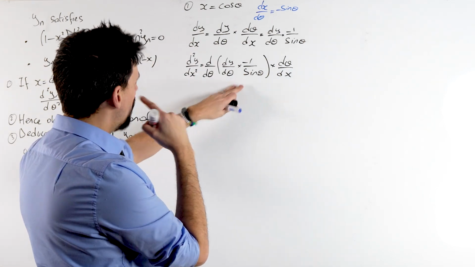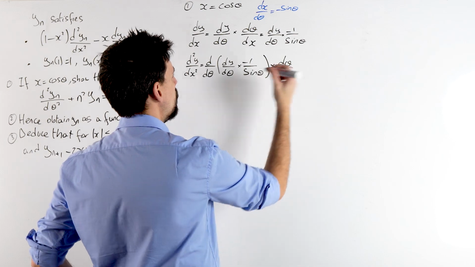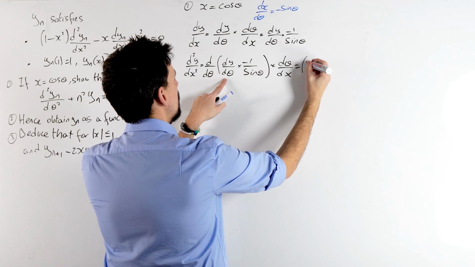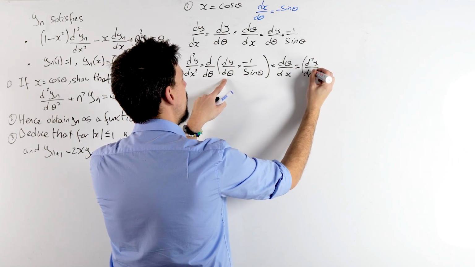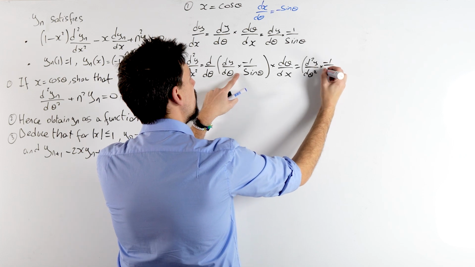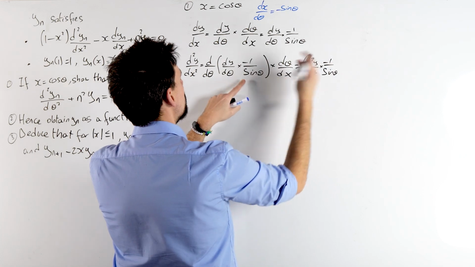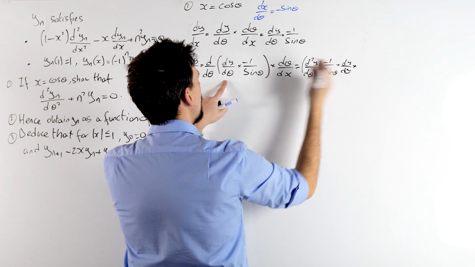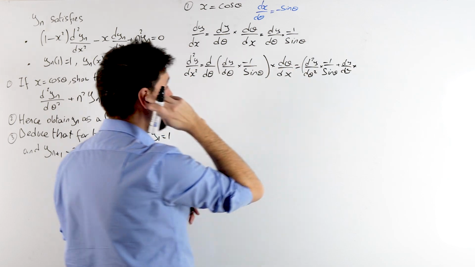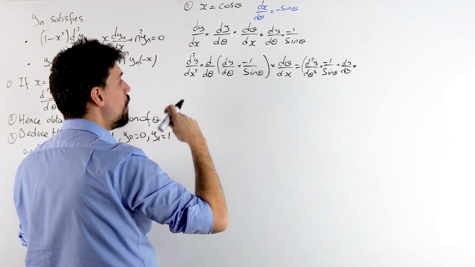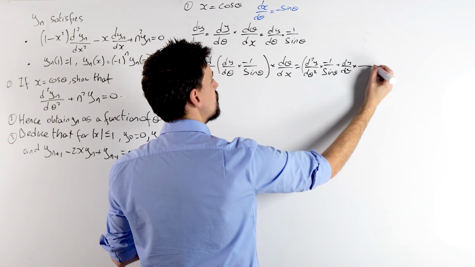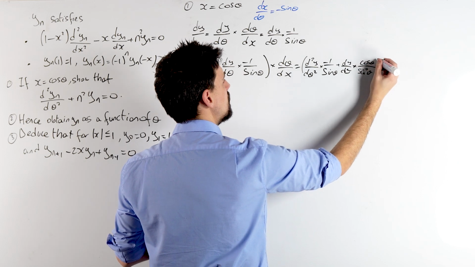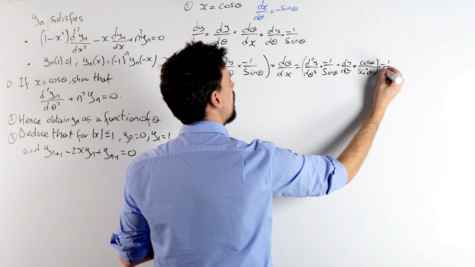All right, so now we've got a product rule. So what does this product rule tell me? Differentiate that to get d2y d theta squared. Keep the minus 1 over sine theta. Keep the dy d theta. And differentiate minus 1 over sine theta. What's that? The sine theta to minus 1. So I'll get 1 over sine squared theta, and then differentiate the sine to get cos theta, and all of that times minus 1